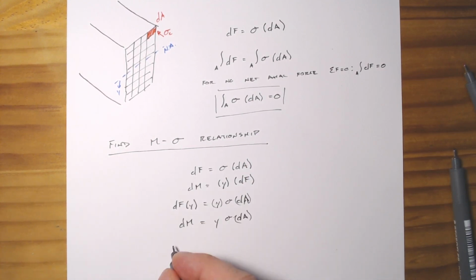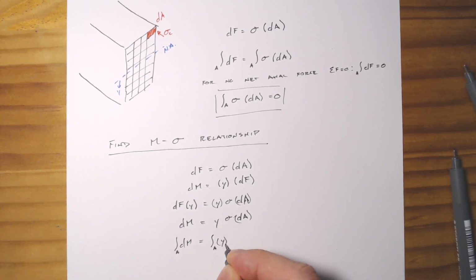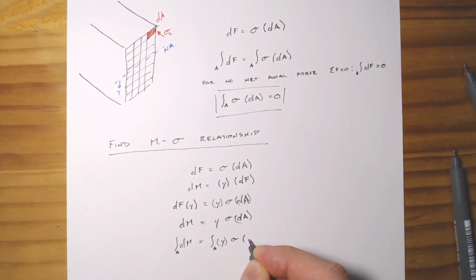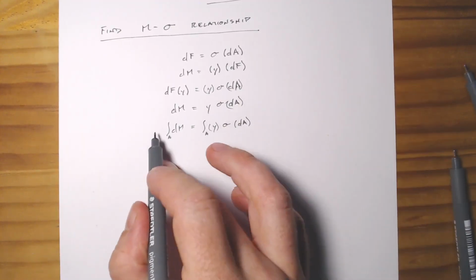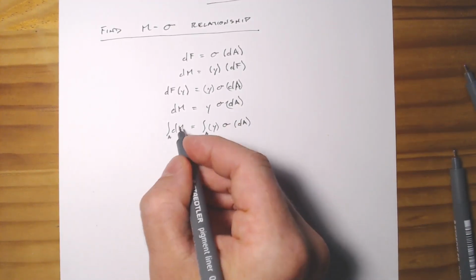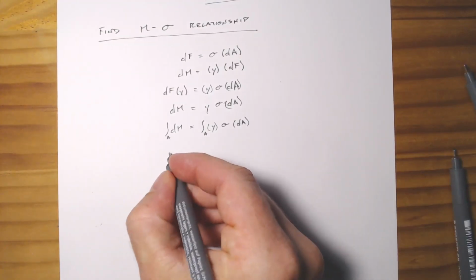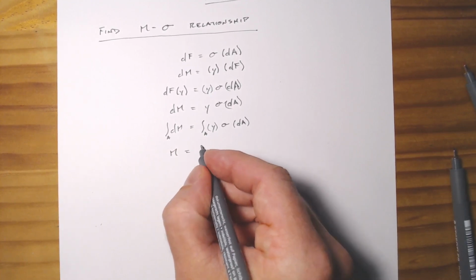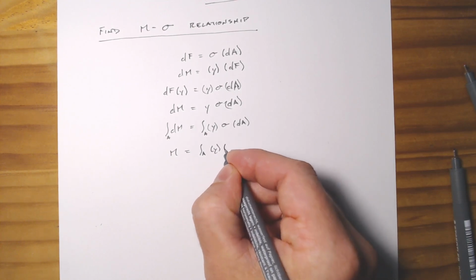So if we integrate, we'll take the integral of dM over the entire area, which equals the integral over the entire area of y times the stress times dA. And then, the little tiny moment, if we integrate over the whole area, is going to equal the applied moment. And so we'll end up with the moment equals the integral over the area of y times our stress